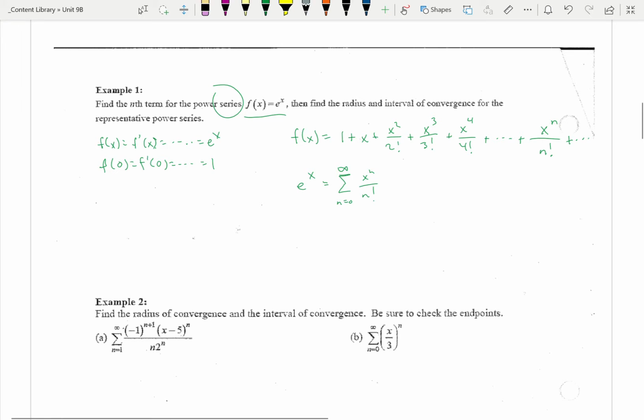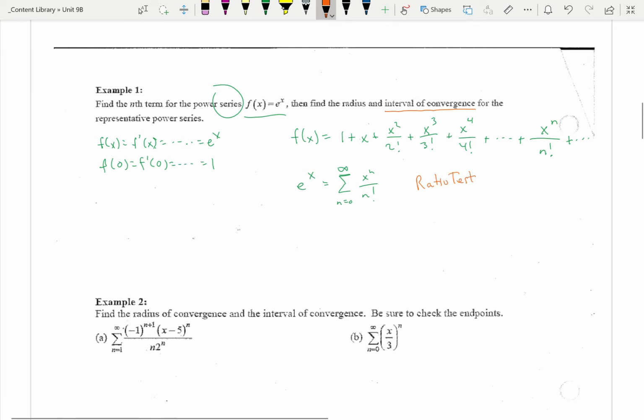But for what values? It says then to find the interval of convergence. In other words, the question is, does this thing converge to e to the x for every value of x, or does it just converge to e to the x for some values of x? So let's give this a try by using the ratio test. The ratio test